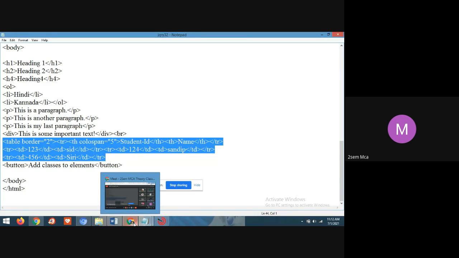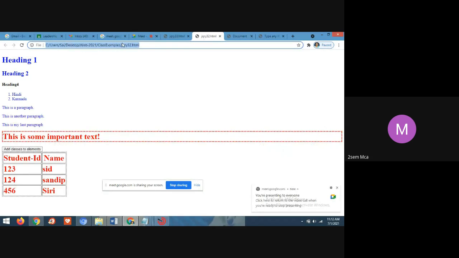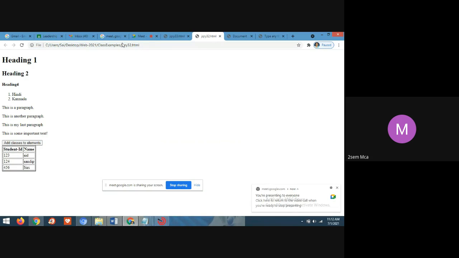Now I'm refreshing this, so I'm running this program, students. See here the heading 1, heading 2 and heading 4, the ordered list, some of the paragraph content and the table tag, with student ID and student name. So 3 student details I have included.